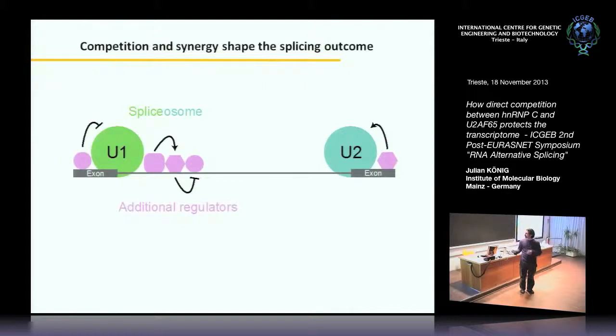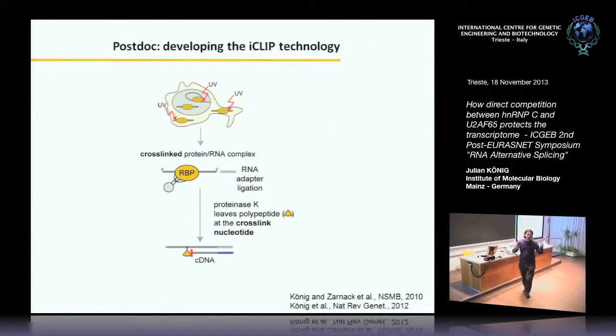One core technology, or very powerful technology to study this type of interaction from a genome-wide perspective, is CLIP, that we heard already about, and I want to introduce you to one variant of this technology that we developed in Janne Ule's lab, which is called iCLIP, and increases the resolution of these genome-wide protein-RNA interaction maps that you can achieve. So the outline of this technology is